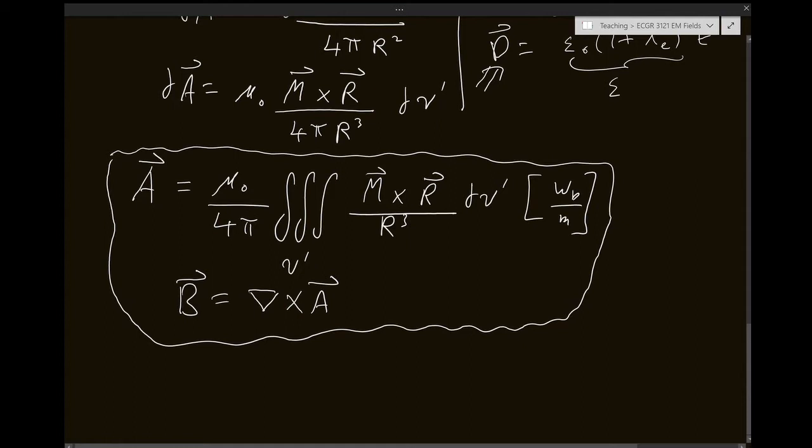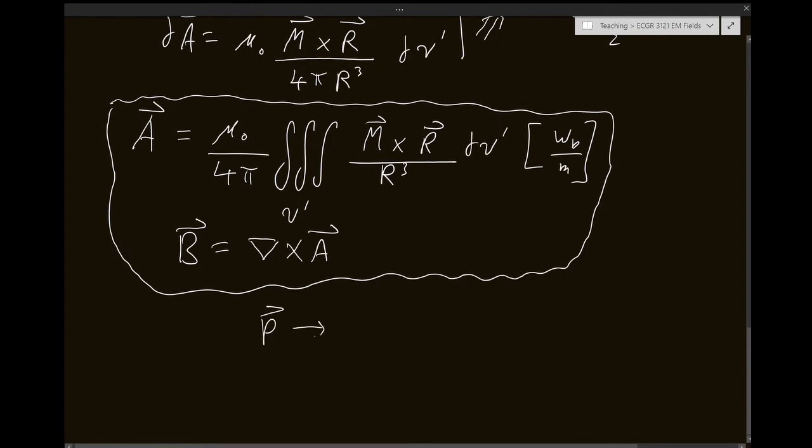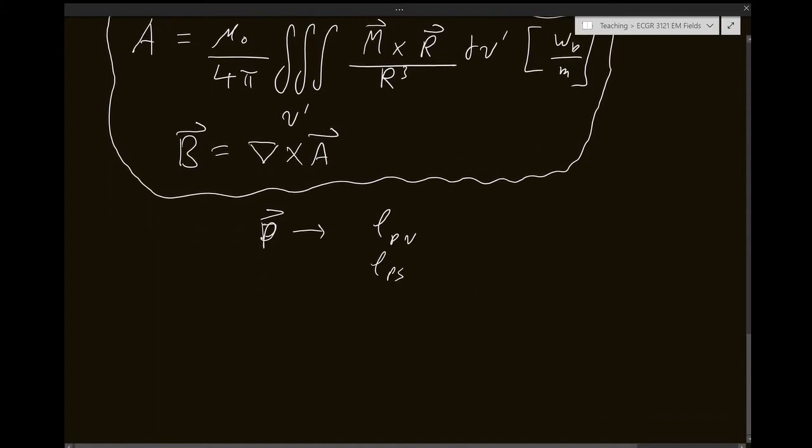For M, to simplify things, what do we need to do? For P, we looked at the bound volume charge density and surface charge densities associated with P. Any orientation of P, any random P in space, is going to be associated with certain rho PV and rho PS on the boundary of the medium, right? And we simplified by doing this calculation. For M,